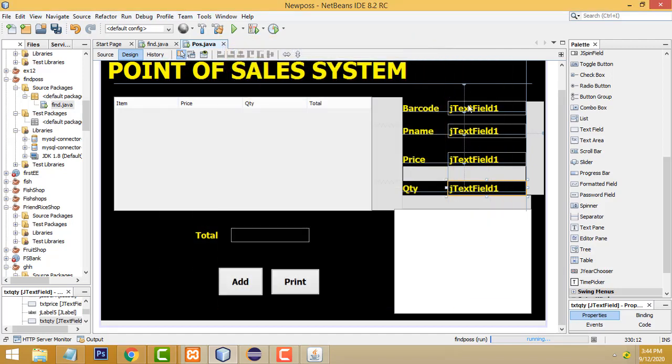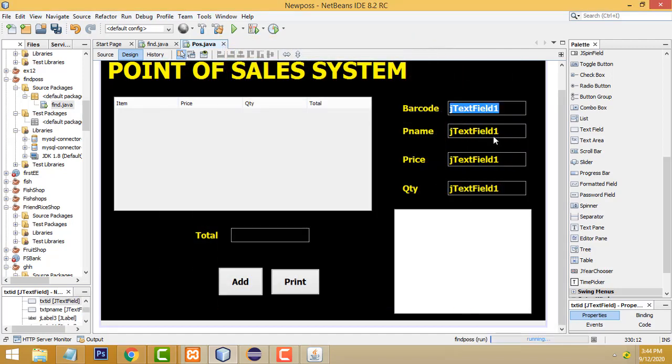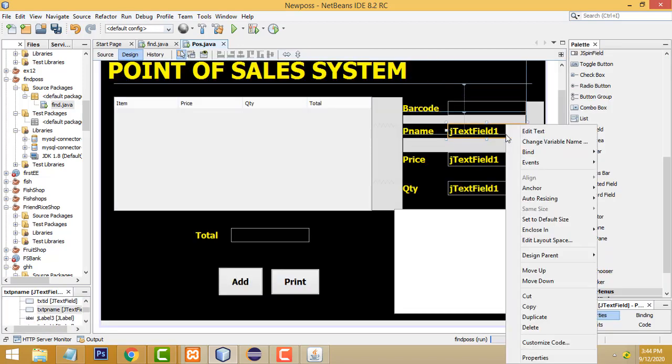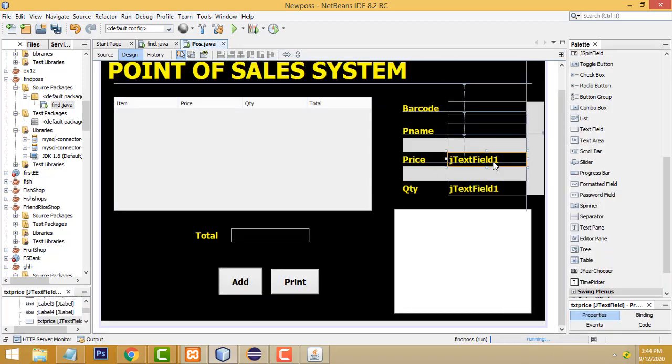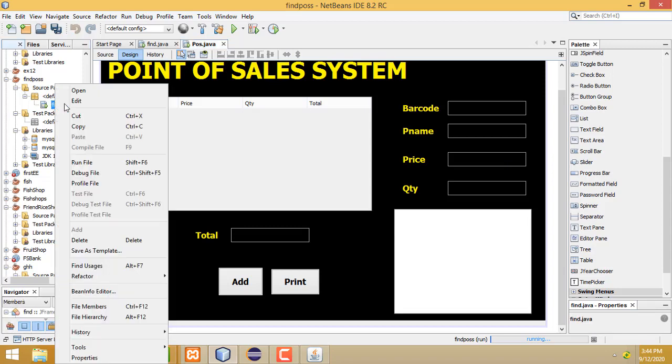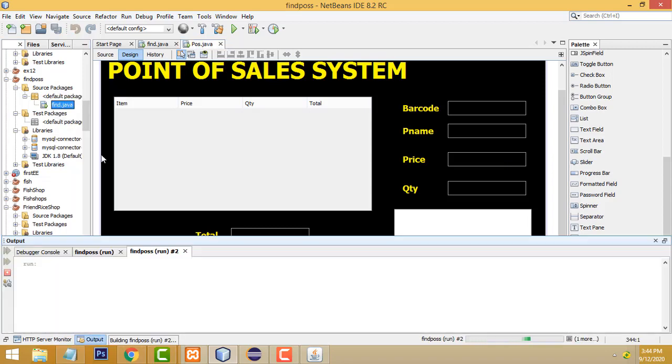Right now, okay. Now let's right click, edit text, backspace to remove the excess text. This one also, select this text box, edit text, backspace to remove. Select this one again, backspace. This one select, right click, backspace. Right. Now let's select and run file.